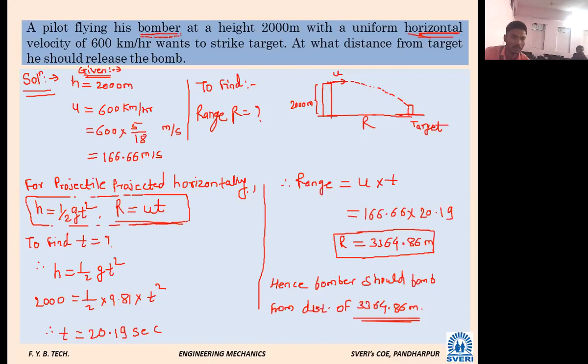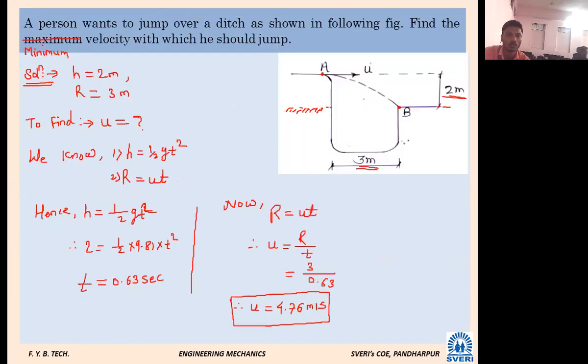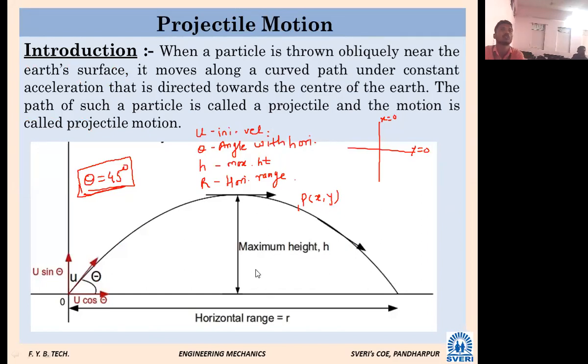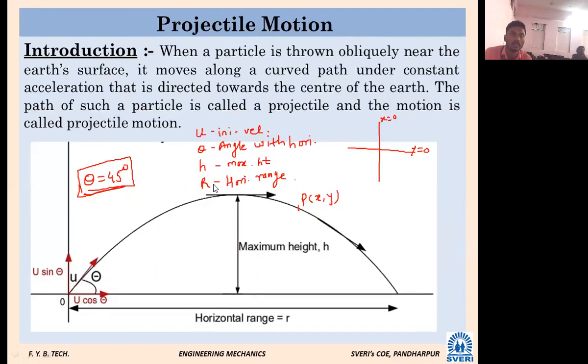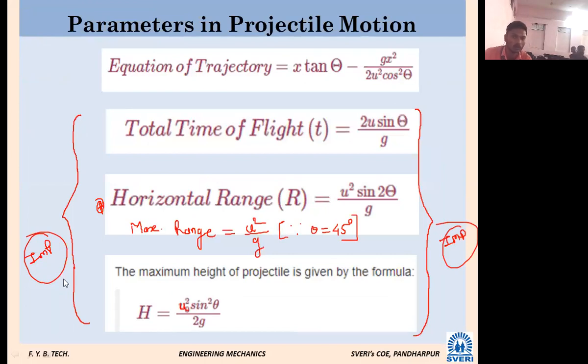Time of flight. Am I audible online? Yes, sir. And range we can get from this. We have seen one problem we have discussed here, where the range was given and through what distance that person should jump so that he will cross that ditch. That we have seen. Then we have seen projectile motion. Here we discussed once we are going to throw the object at 45 degrees we will get maximum height and maximum range. Likewise discussed few terminology. So here we decided only to remember these formulas whatever formulas I have written.